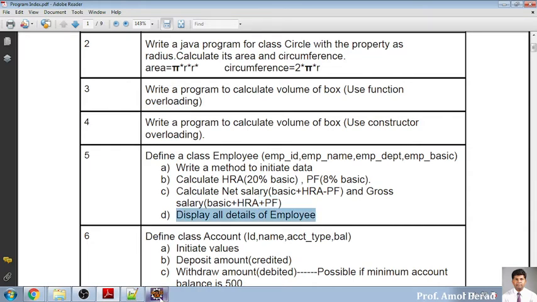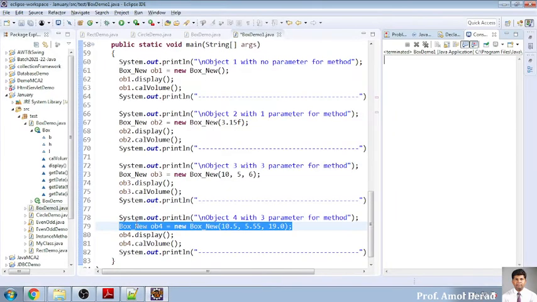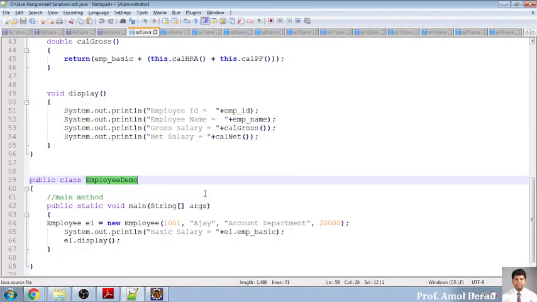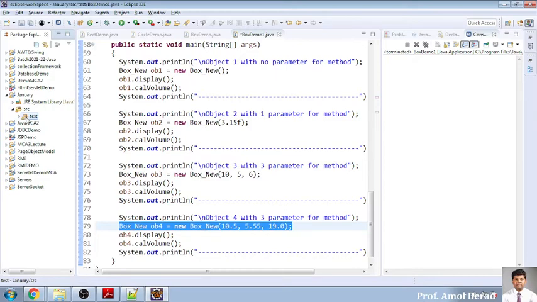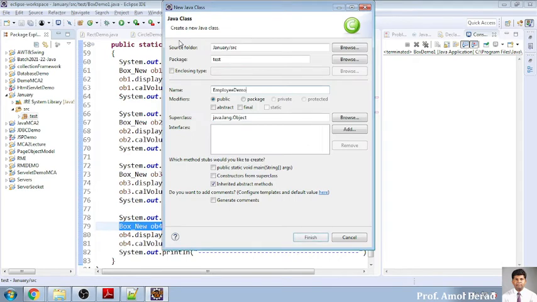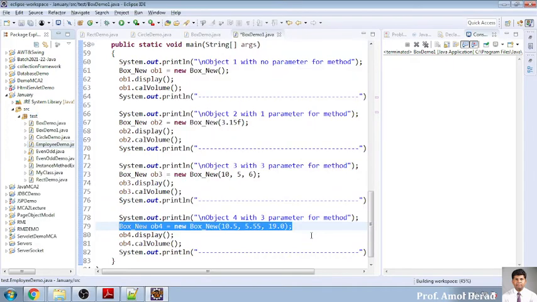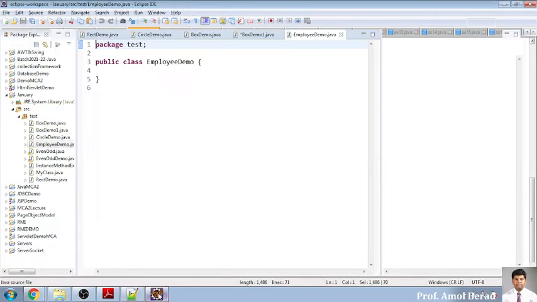This is the only thing we will be creating. Okay, so this is employee demo, so I am just creating a file. In the rest of the cases, if I am writing any code, first you write it and then save it afterwards, but in this IDE the first option is that you have to create a file with the name, and then you have to write it over there. So first you give the name, and then into this you can write your logic. Okay, so I am copying it and pasting it over here.